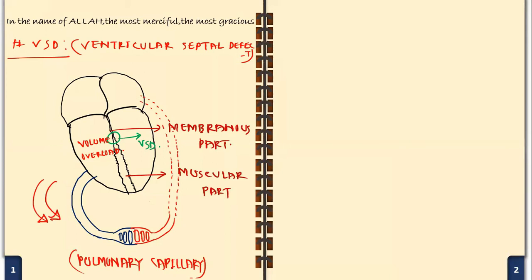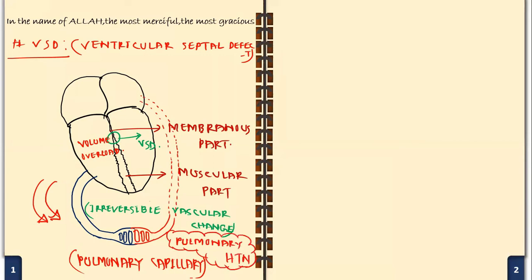With the passage of time, the pulmonary circulation will undergo irreversible vascular changes. This will cause increased pulmonary pressure, that means pulmonary hypertension. Irreversible vascular changes means the pulmonary blood vessels will become rigid and lose their elasticity, and it will cause vasoconstriction. When there is pulmonary hypertension, the right ventricle has to contract forcefully to push the blood